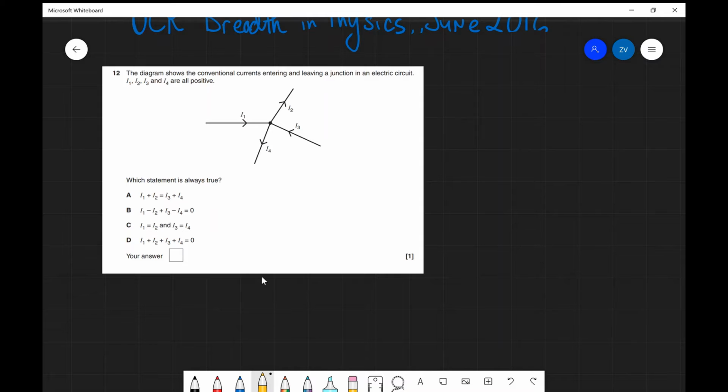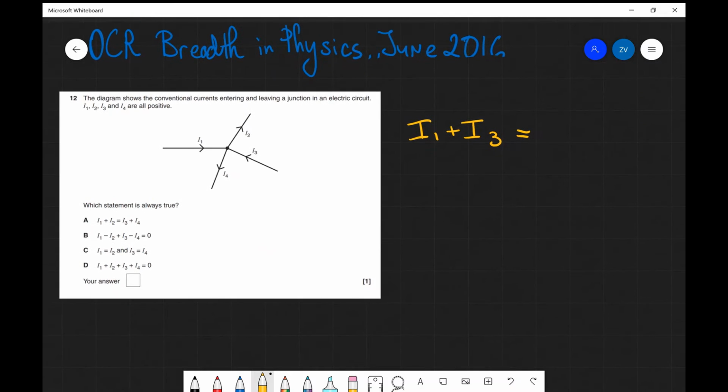So in this case we can see that I1 and I3 are entering the junction. So I1 plus I3, these are our currents entering the junction, and those are going to equal the current exiting the junction, which are I2 plus